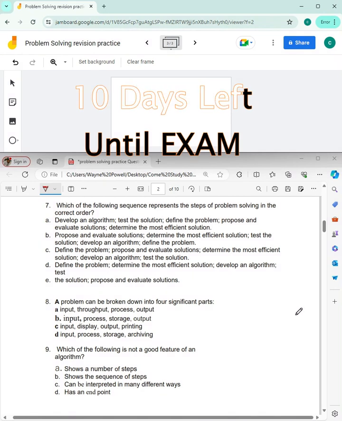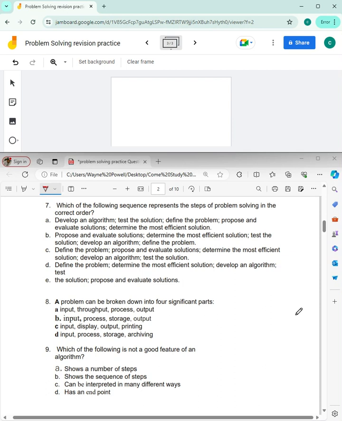Let's continue. You take a break, you get right back into it. So this question, we're going to some multiple choice now. Which of the following sequences represents the steps of problem solving in the correct order? The correct order is